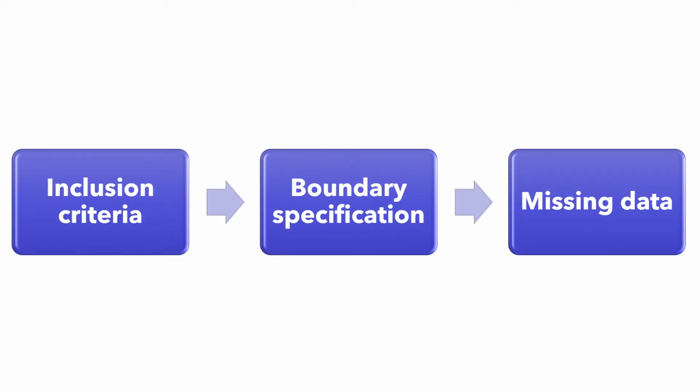First, boundary specification refers to specifying inclusion criteria for nodes or ties. How do you define nodes or ties in your social network analysis research? We talked about three major approaches to specify networks in the previous video on research design of social network analysis research. Those three approaches are exogenously defined boundary, relationally defined boundary, and methodologically defined boundary.